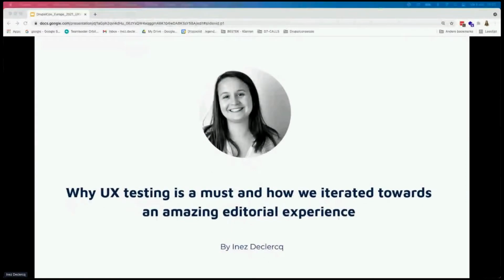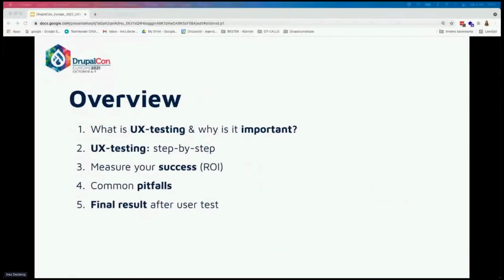In this session, I will talk about why UX testing is a must and how you can perform it by yourself based on our own editorial experience, namely our Drupal layout builder. I will explain every step we've been taking during the UX testing process and give you some examples to avoid common pitfalls, but also to give you good tips about measuring your return on investment and the final result